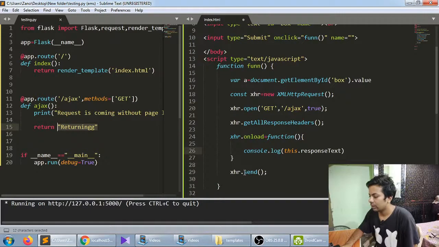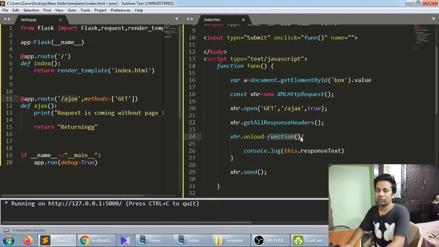So when I have sent the get request here, it has returned me returning. So I'm telling onload, whenever you get the data or something from the python route, whatever you get, initiate this function when you are successfully getting something.